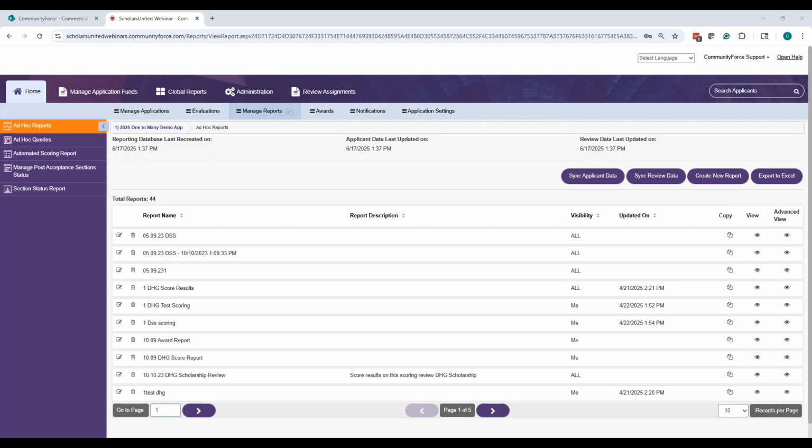If still after doing this the applicants do not match, please open a ticket with us on Zendesk. Maybe the database needs to be refreshed from the back end. Our infrastructure team will take care of that. So please feel free to reach out to our support team, either open a ticket with us on Zendesk or reach out to client success at communityforce.com, and either one of our teams will get back to you with a resolution. Okay, so that is another question.